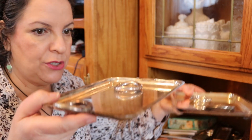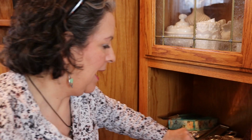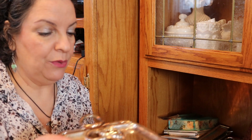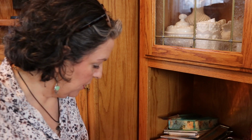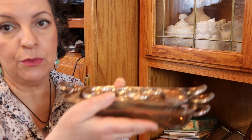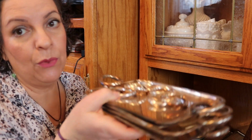So I have 4 of those, and I kept them here because I wanted to do something. So here's 1, here's 2. For each one I have the missing or broken ring. It's nuts. I just couldn't believe it. But I just dumped them in there because I didn't know what to do with them at that time. So here's the 4th one, with more of those rings. So I'm gonna go at some point to my jeweler and ask him, hey, can you solder that stuff for me? And then either I'll resell them or I'll just keep them,